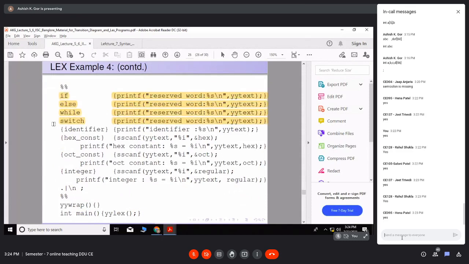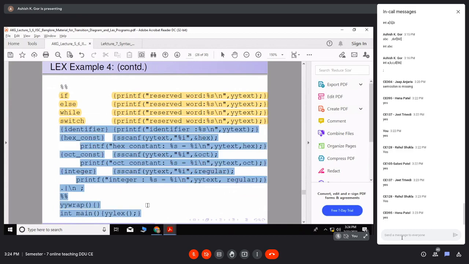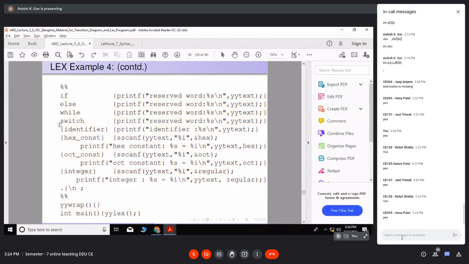If, else, while, switch are reserved words. They should be written first, then there should be identifier. If you write identifier first, if, else, while will not be matching the category of reserved words. So this sequence is important.